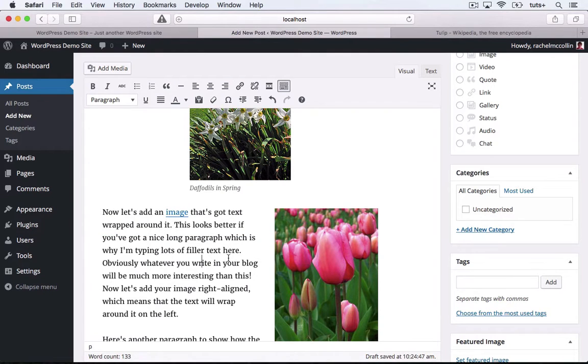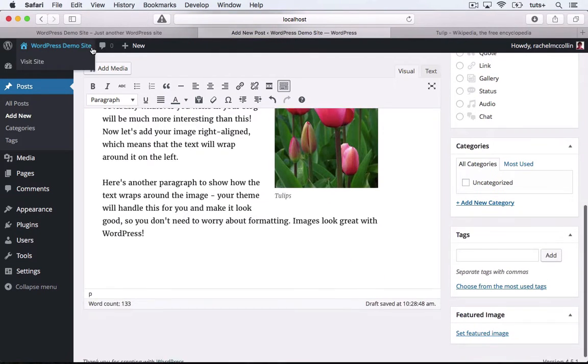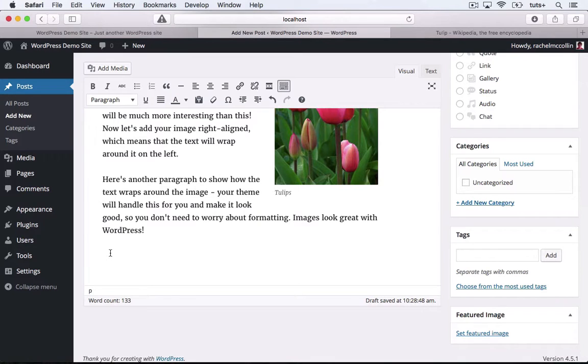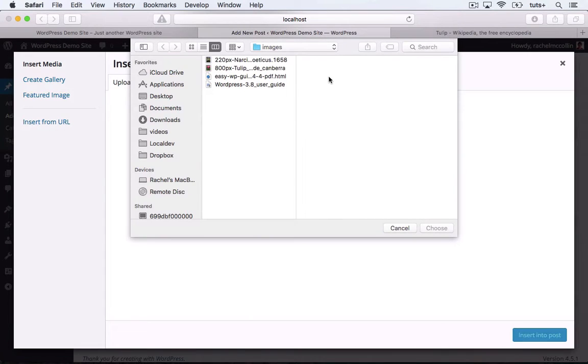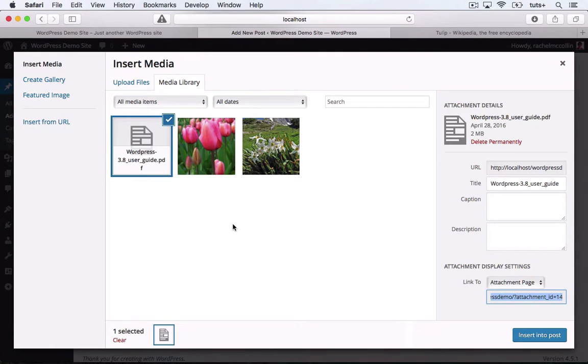WordPress also makes it really easy to add links to your existing content, and I'll show you how to do that shortly. So now let's add another type of media, which is a file. So I'll scroll down, and I've added a new paragraph here, and now I click the Add Media button. And again, I want to upload files, so I click Select Files, and that's a PDF file that I've downloaded